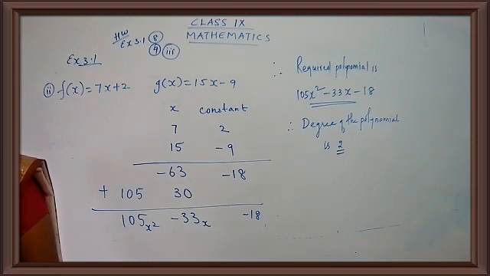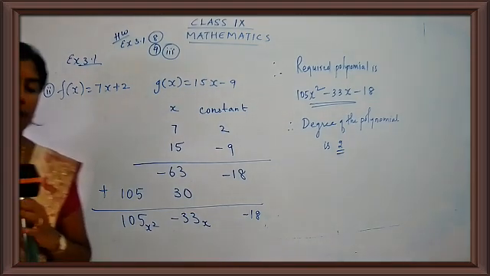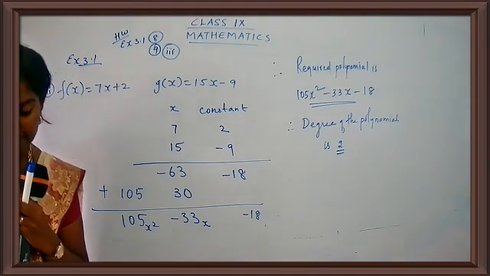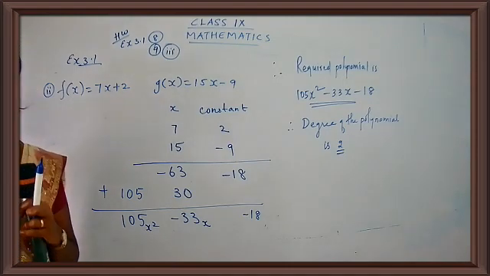And also they have given you the values for x and y, and you have to find out the amount paid by him. So first of all you have to find out the answer in terms of x and y. After you get the answer, you have to put the value for x as 10 and y as 5, and you have to get the original amount paid by Amir.